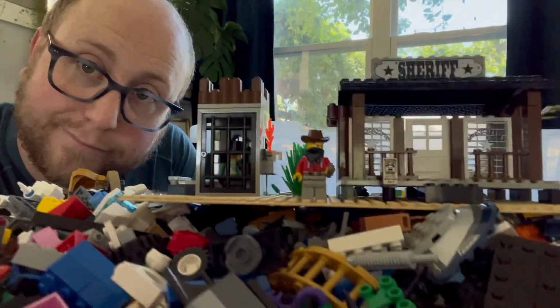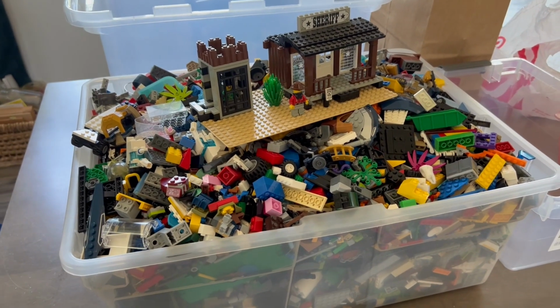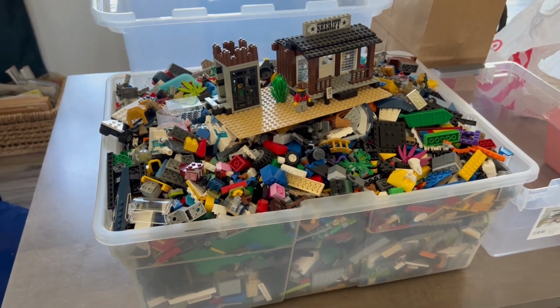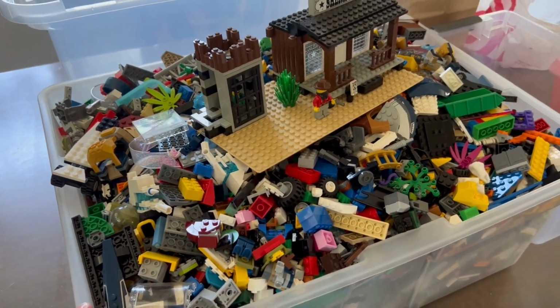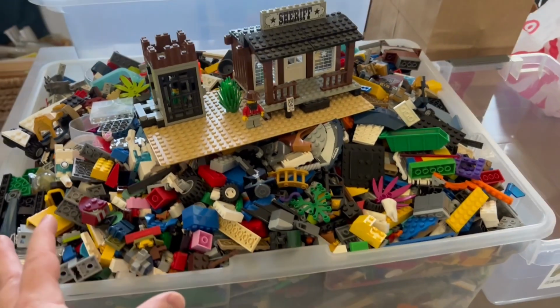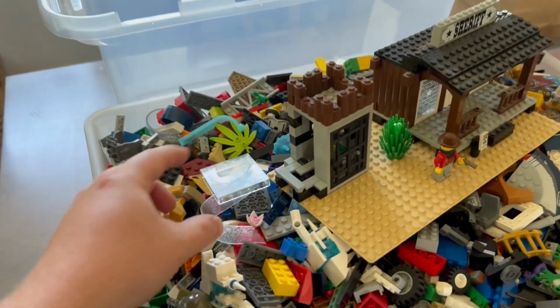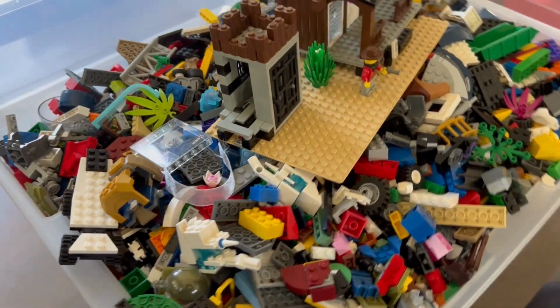Today we are sitting in my dining room because we have a very large project to tackle. We gotta clean some Lego. So you may recognize this bin from our bulk adventure Lego excursion that we went on. If you haven't seen that, you should check out that video. But here we are. We have a massive bin of completely unsorted Lego. Not only is it unsorted, but we have trash, we have non-Lego pieces. This is completely